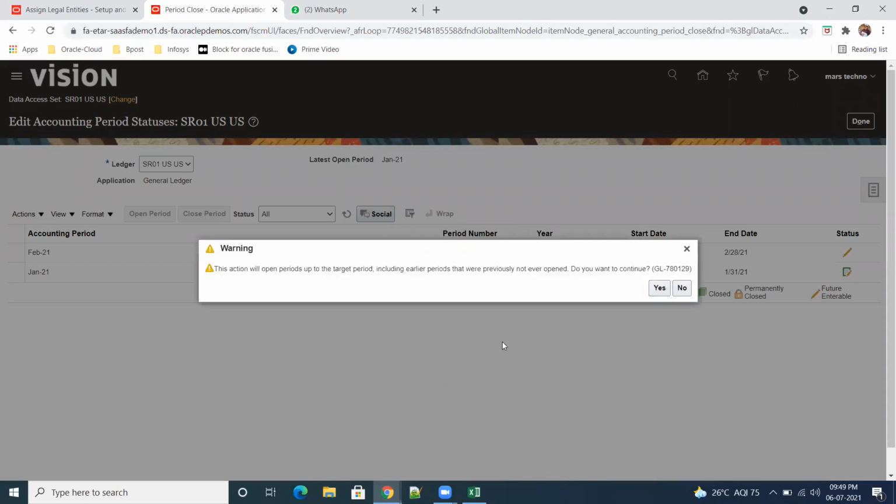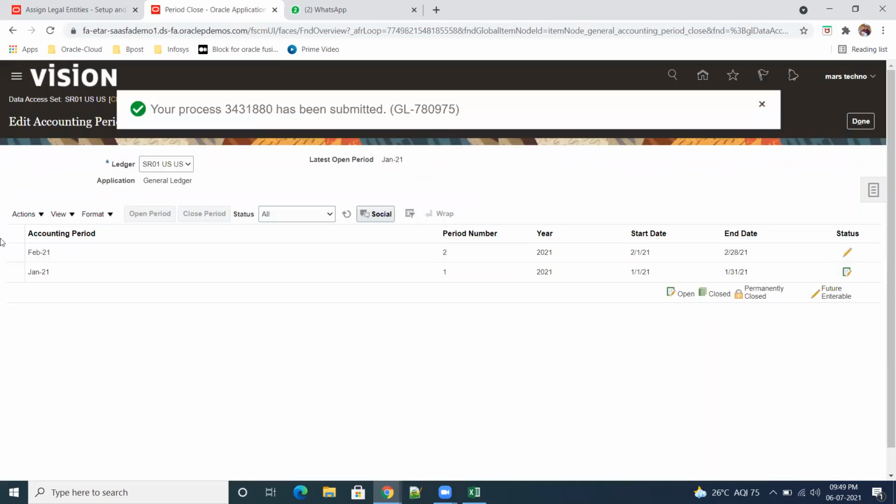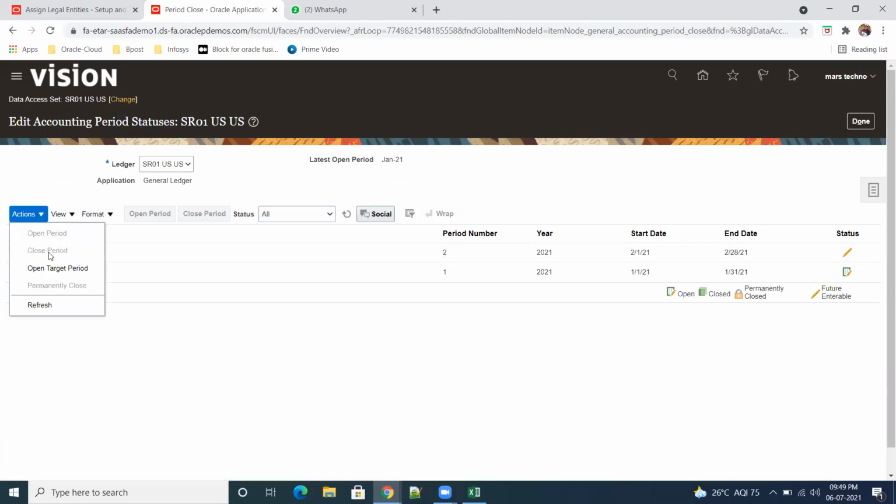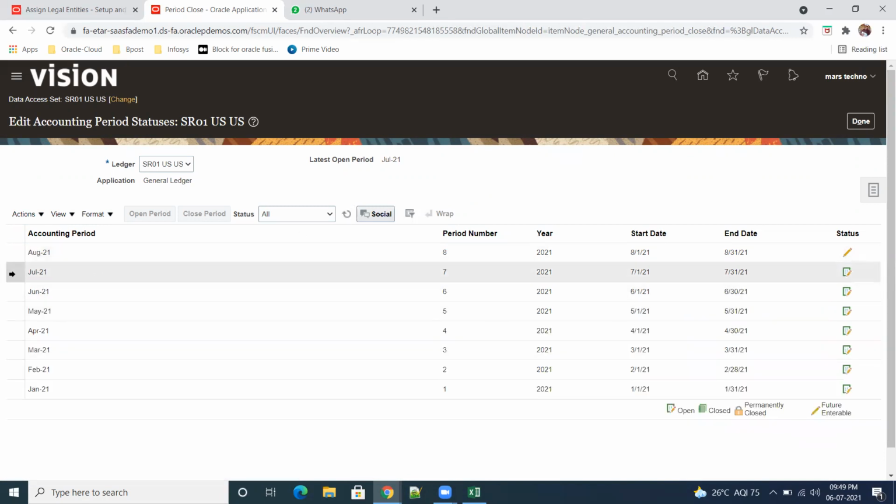Click on open. You can refresh here, or go to Actions and refresh. It will take some time. Okay, now July has opened. Click on done.